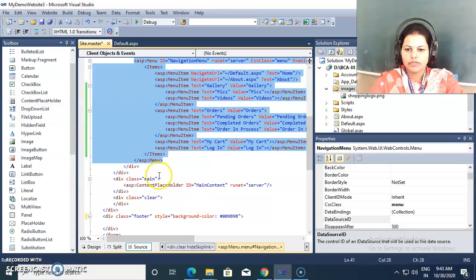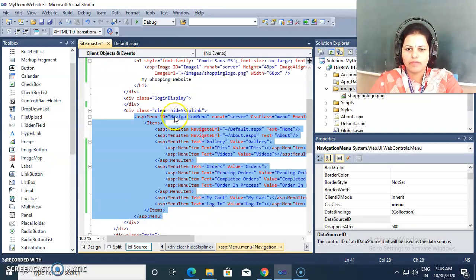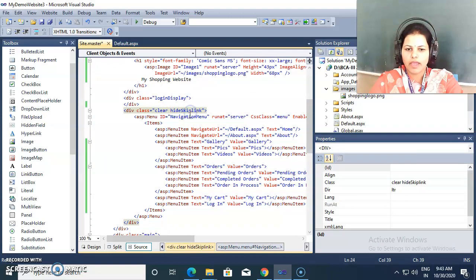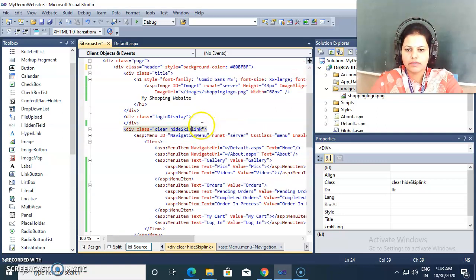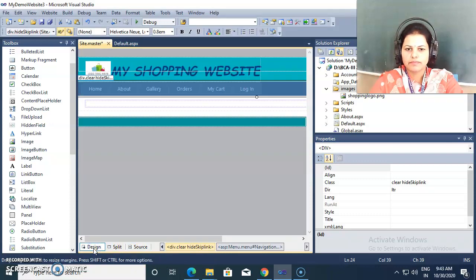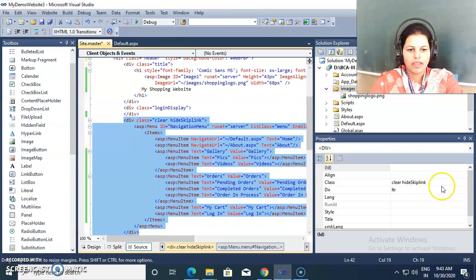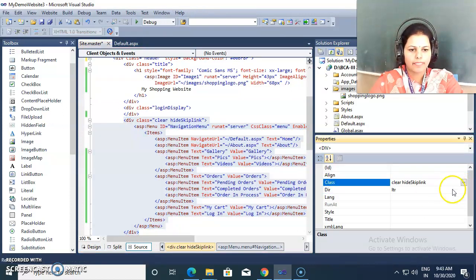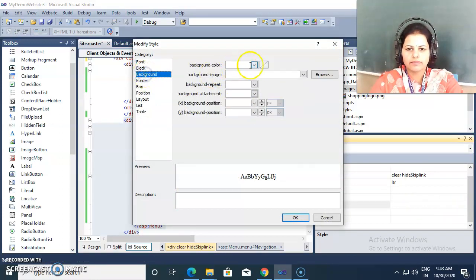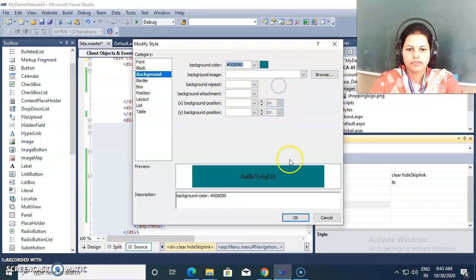Then where my navigation menu is, I want to hide the skip link. This is the division. Here I am changing the background color as this.